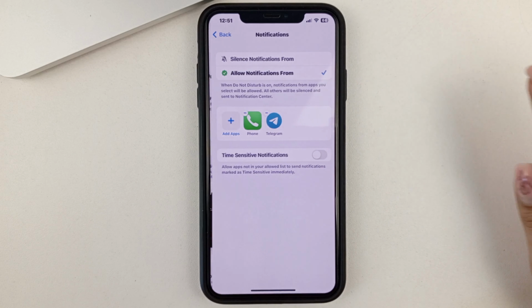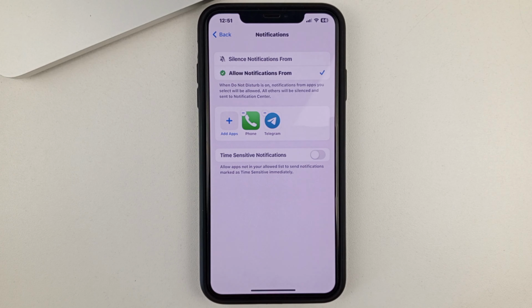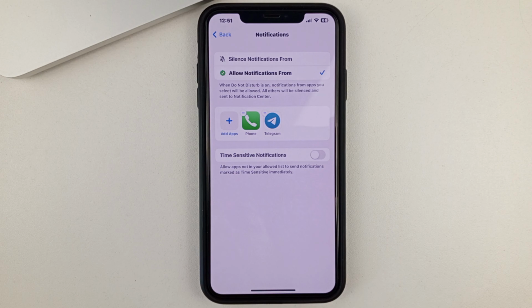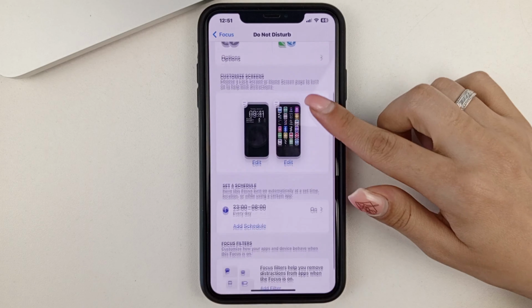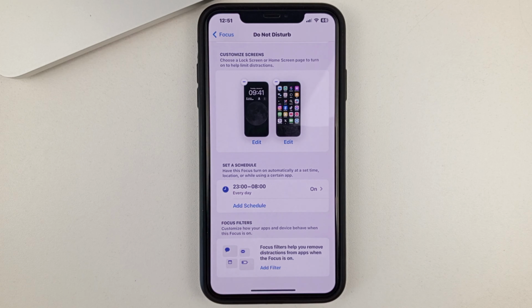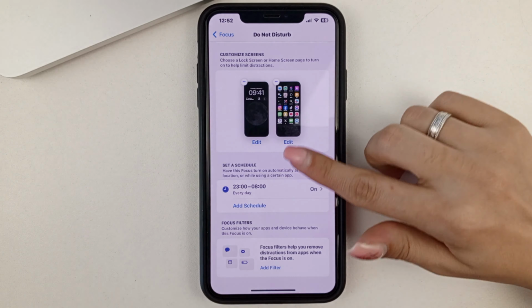Also, in this Do Not Disturb mode, you can choose, for example, which apps can send you any messages and notifications. For example, in my case, it's phone and Telegram, because usually, for example, someone might call in some kind of emergency, or some important message might come that I need to respond to. You'll also be able to choose a wallpaper for Do Not Disturb mode here, so you know exactly what you're on and you don't get confused.